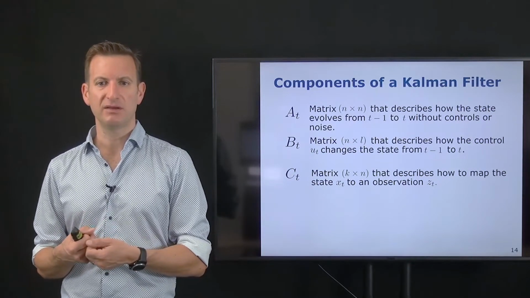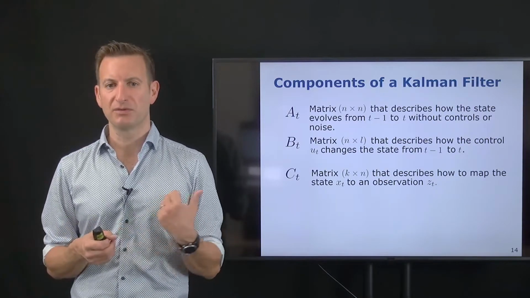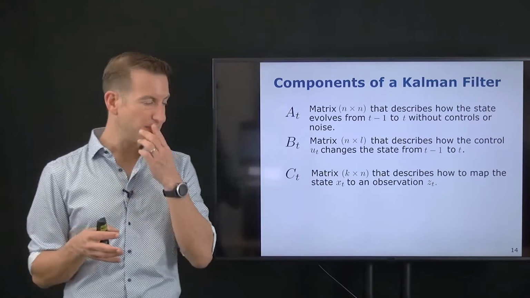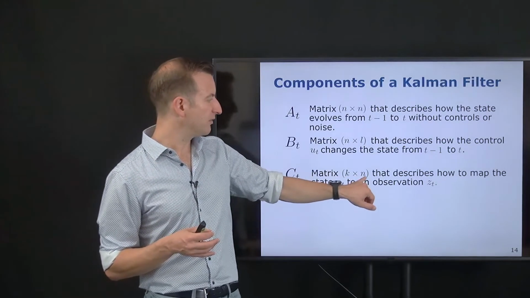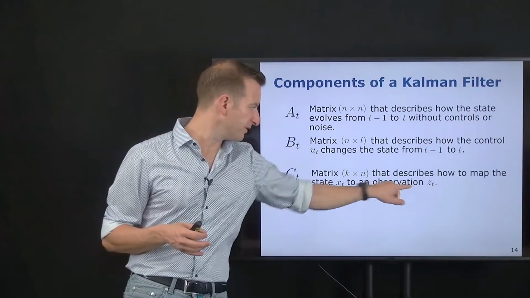This is what the matrix CT tells us. So it maps from the n-dimensional state space, xt, into the space of observations,